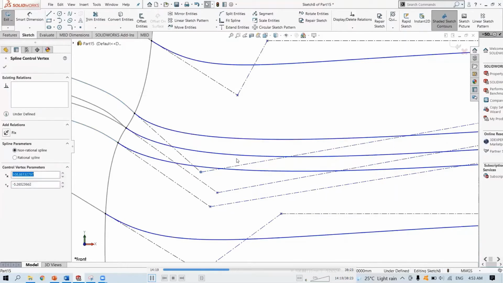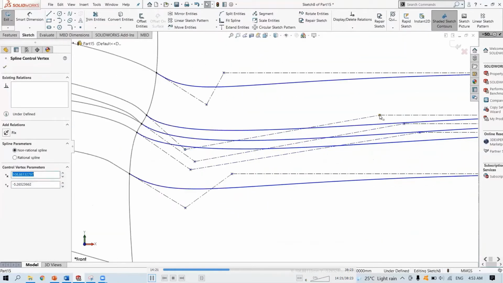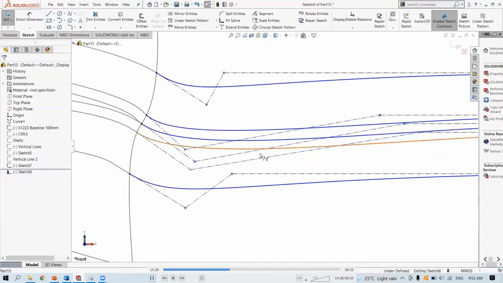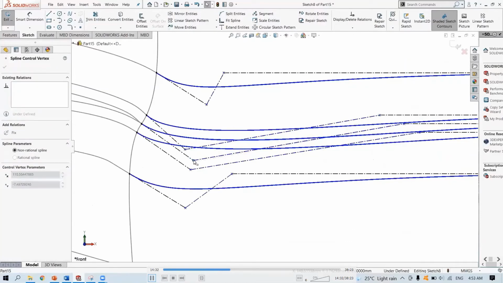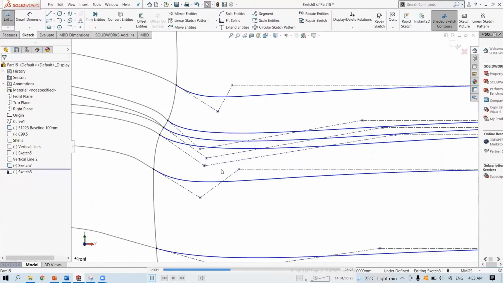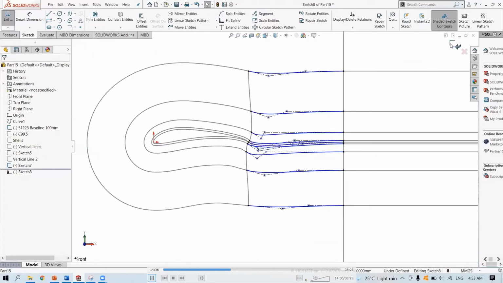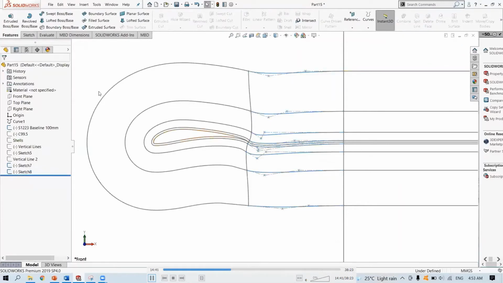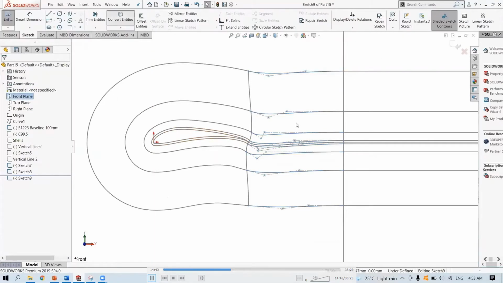Try to guess so they have almost equal thickness. It doesn't need to be perfect, but just eyeball it. That seems okay. That's another sketch.